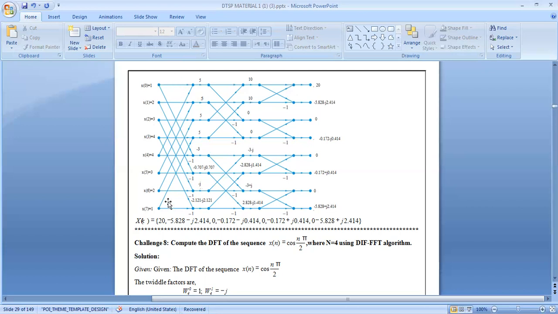So this is the 8-point sequence. Next we have to combine with the 4-point. So this 5 and 5 will be combined: 5 plus 5 will be 10, and 5 minus 5 will be 0, and the middle factor will be 1. The next case, 5 plus 5 will be 10, and again 5 minus 5 also will be 0. So the first sequence will be 10, 10, 0, 0. When you come back to this value, minus 3, and then this one will be 3.